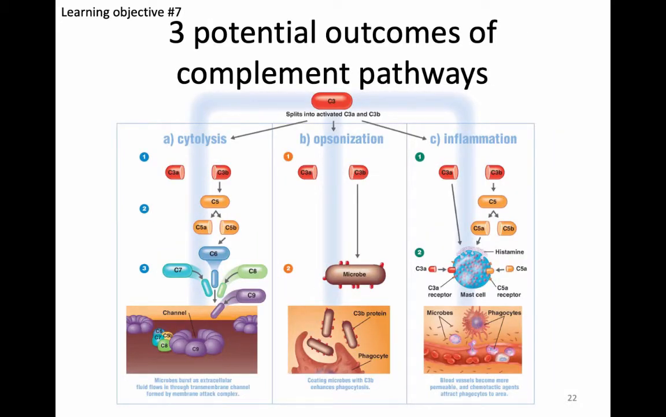So any of the three complement pathways can result in these three outcomes. The first outcome is called cytolysis. Together to form a membrane attack complex, which is essentially a hole punch that will cause holes to be created in the surface of the